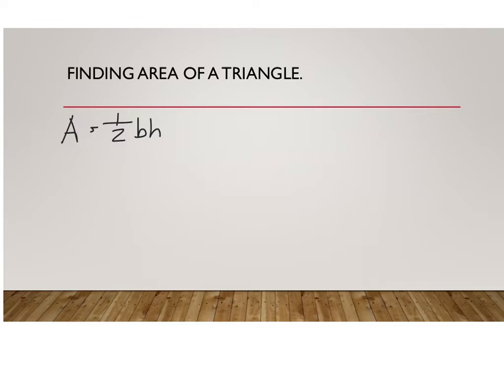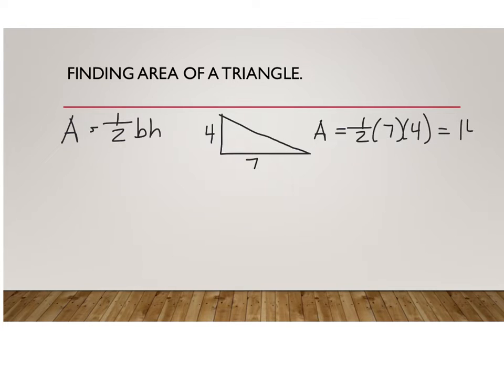Alright, so if we would have a right triangle, let's say, that had these dimensions, the area would be 1/2, the base is 7, times 4 is 28, half of that is 14, and that would be 14 square units. Now, if we're talking about any type of triangle,